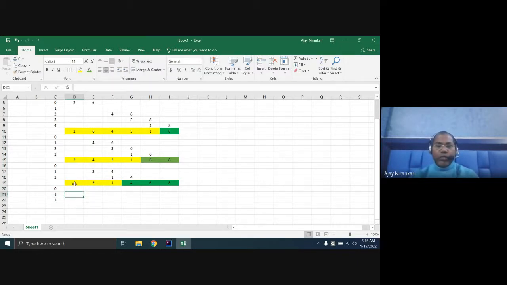In the 0 case, the first 2, is a change required? No, not required because 2 is less than 3. There is no change required. For these 2 positions, yes, change required because 1 is less. So we have to change here 1, here 3. I know from this point there is no sorting required. All are the max. So our array becomes like this: 2, 1, 3, and now these are the same.